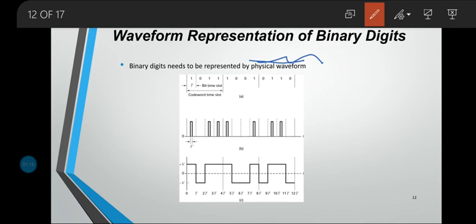In this given example, we can see that there is a bit time slot which is given as T. That is the bit time slot, and then there is the code word time slot. The code word time slot refers to the transmission of the entire code. Coming to the bit time slot, you can see each and every bit. Now if I take the code word, it is sectioned as a 4-bit representation. The first code word present here is 1011, then the second code word 1001, and then 0110.